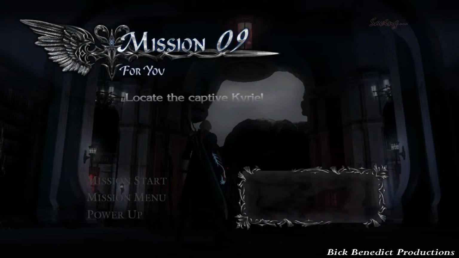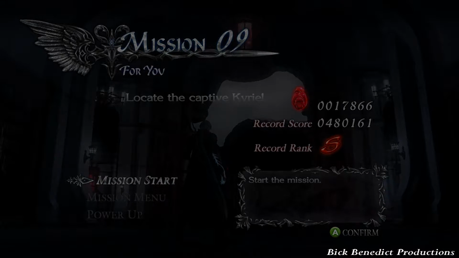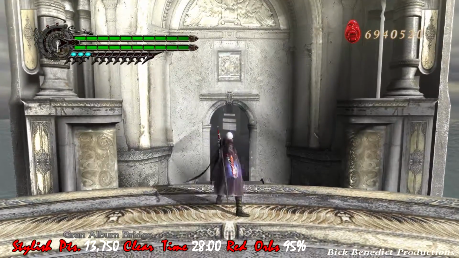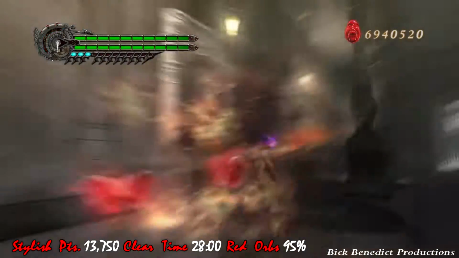We're playing Devil May Cry 4 Special Edition on Dante Must Die difficulty, and this is my SSS-Rank guide and walkthrough. We're currently on mission 09 of 20. It is entitled For You. So this is a hard mission. Stylish points requirement,